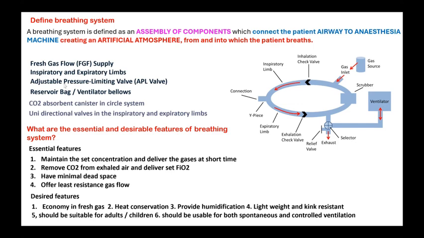And the adjustable pressure releasing valve is a very important component of any breathing system, not only to expel the excess gases but also to prevent barotrauma. And at the same time, if you want to do positive pressure ventilation, this valve has to be kept closed so that you will develop enough pressure to produce an inspiratory